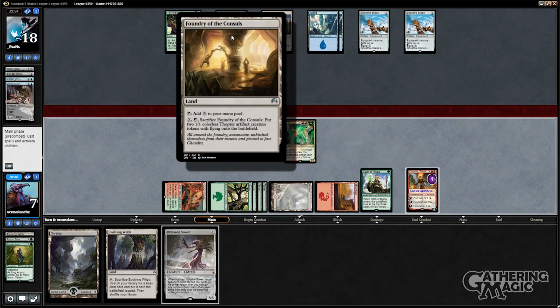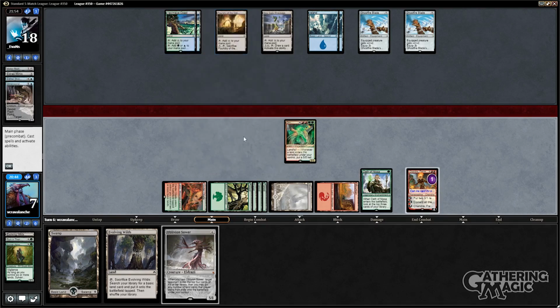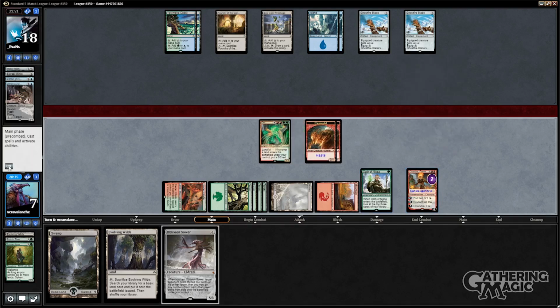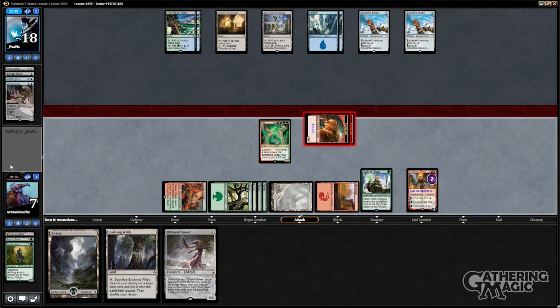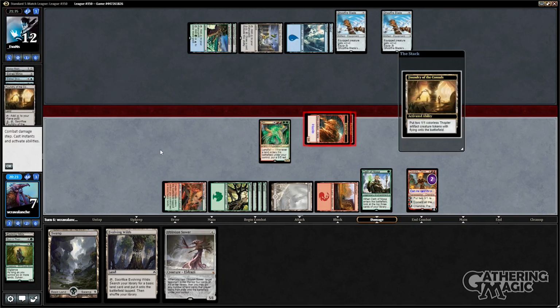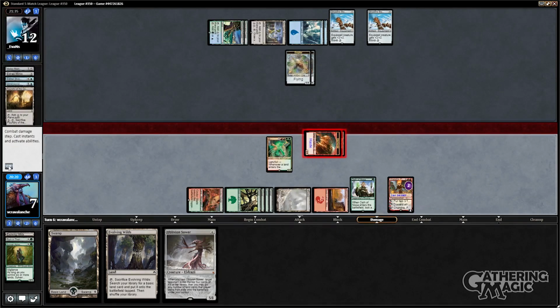But actually, he's just got the Foundries, right? Do I just die to this? I don't want to discard my hand. Wish there was a way I could kill these elemental tokens. Because he can just activate... Yeah, he can activate the Foundry of the Consoles. And they are Thopters. Which puts me at 5, 6. So I'll be down to a 1. And I can't even block them, so...